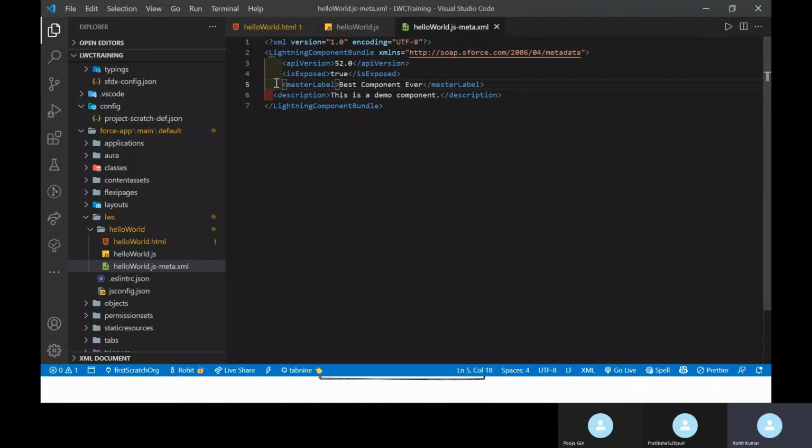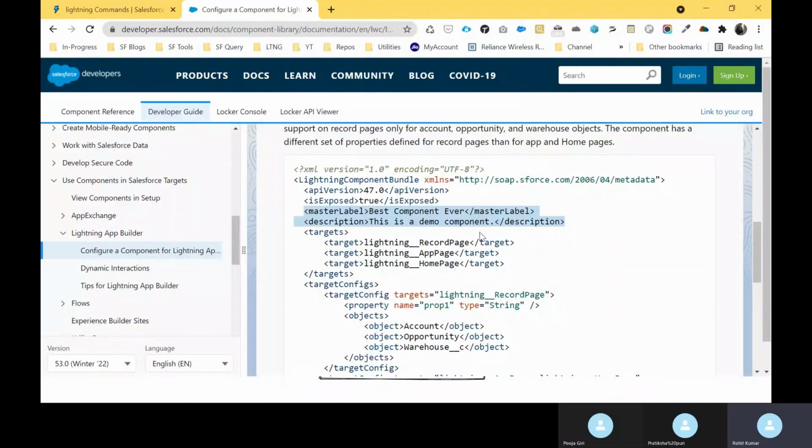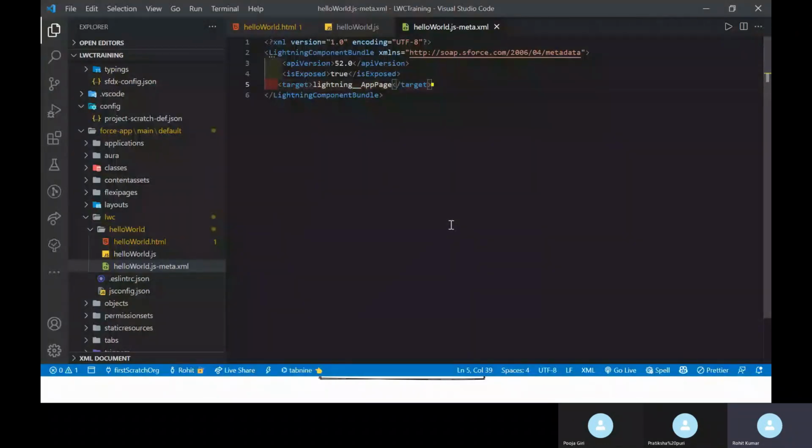Before that, let me show you, just remove this one, and let me add this under the home page, app page, like app page. So let me choose this target from here to here and save it, right? This is for your XML file. Now after some time you can see my hello world component as your name, or as your industry name, or as my name. Based on your need, you can take.